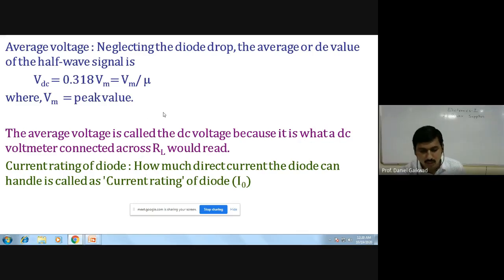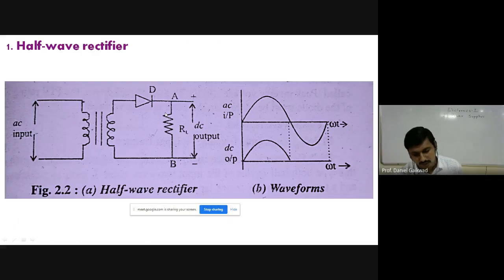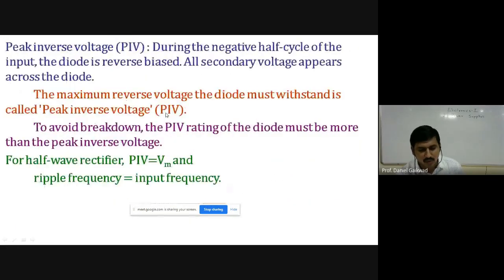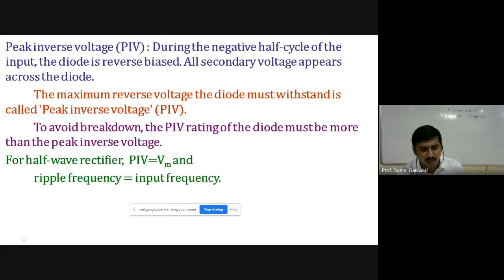Okay. So these are the quantities we have to express in case of the half wave rectifier. Similar to that, we have the full wave rectifier also. Check carefully, we have certain definitions. Again, we have 2-3 definitions. One is called peak inverse voltage. We have to define all these terms in case of the half wave as well as the full wave rectifier. The next definition is called peak inverse voltage, PIV.